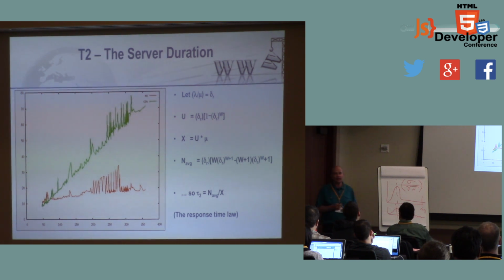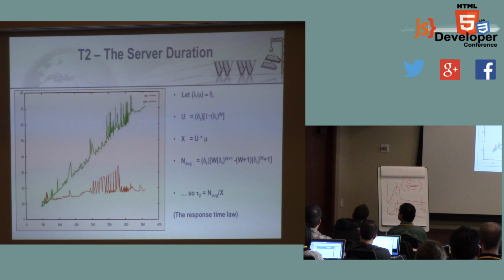But it's not in every case that those three phases work. And like I said, in that second phase where we're accessing those static objects on the CDN, the server duration is near zero, minimal, whatever it takes to stat a file. Remember, statting a file does not depend on how big it is either. You can stat a big file just as fast as you can stat a small file. So the only place where T2 matters is when you are downloading that base page to get the DOM.